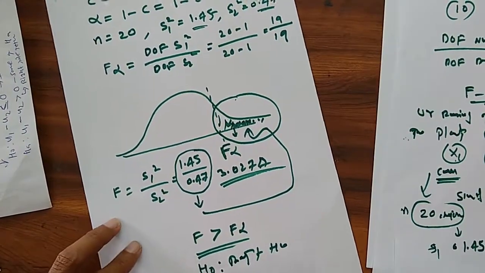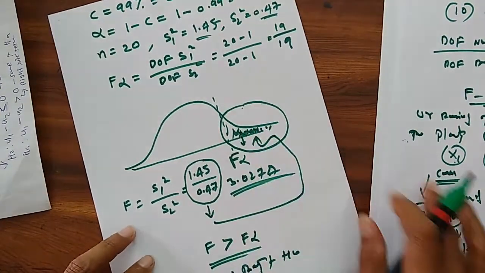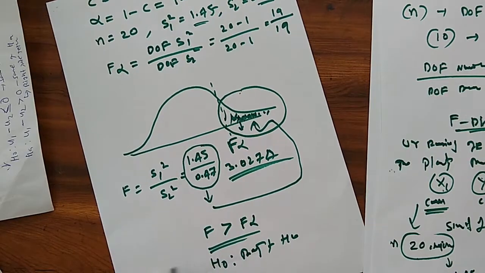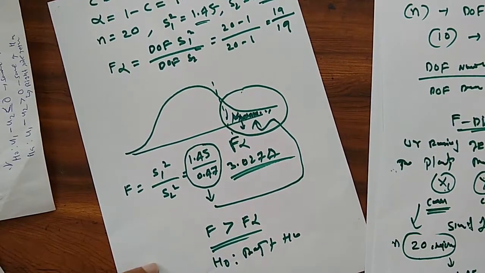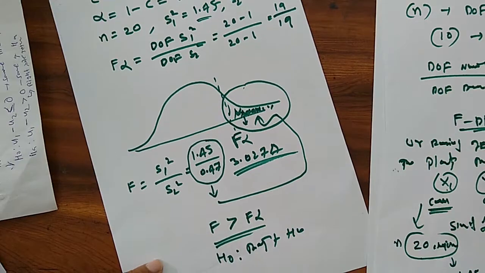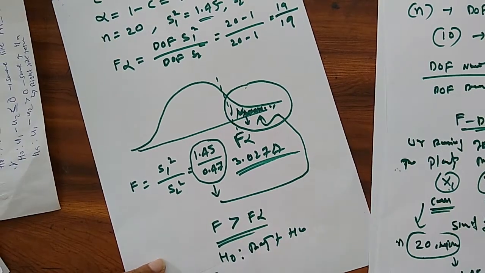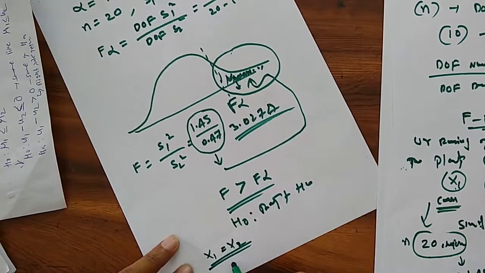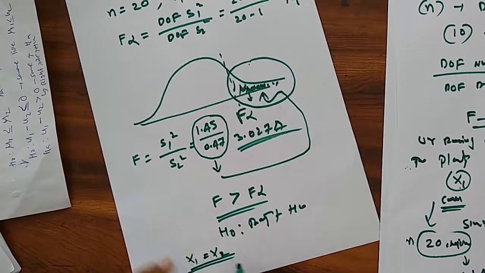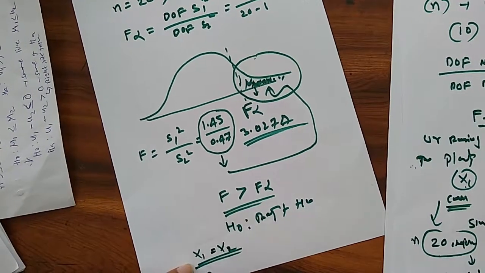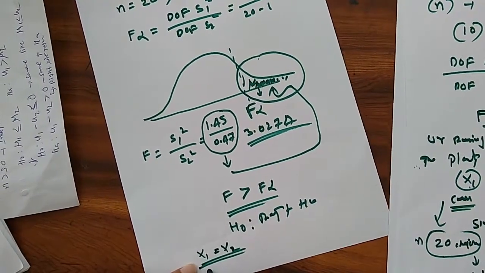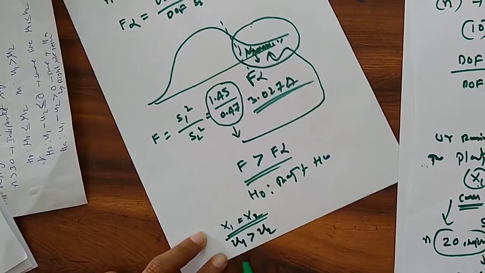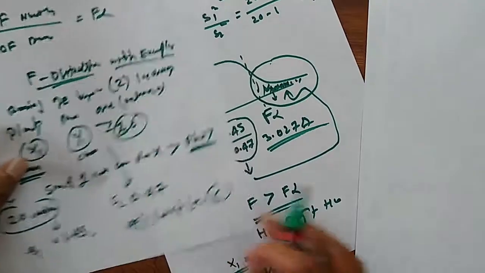So what is our null hypothesis? I'm sorry, first you need to define the null hypothesis and the alternate hypothesis. Our null hypothesis is that in plant 1 and plant 2 we are creating the same size of cell phones. Our alternate hypothesis says mu1 is greater than mu2. That is what we thought, right? While seeing the problem,